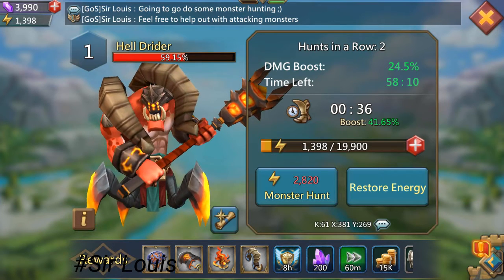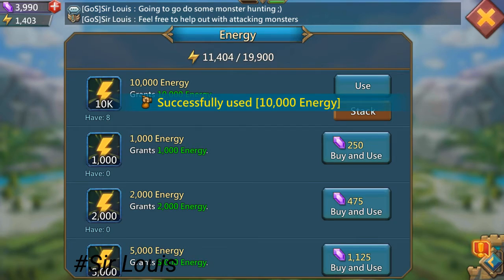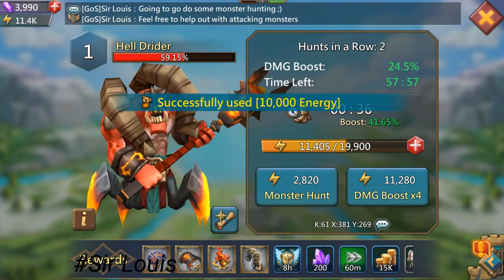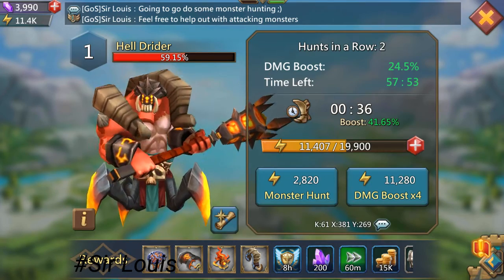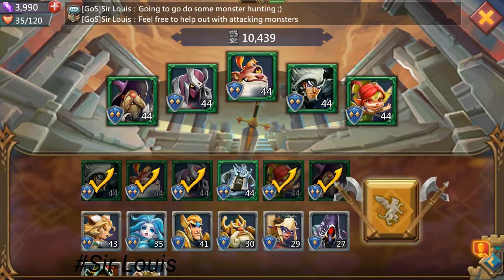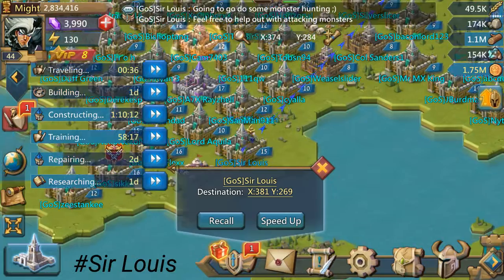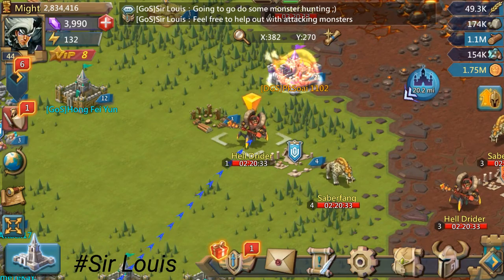So I'm going to click the red plus, and you actually have these reserves of energy that you can earn by doing multiple things throughout the game. I'm going to use one of these 10k energies, and now I can attack him once again. Let's do another times 4. I'll use the same heroes, and my guys are going to go in one more time. So while he's traveling,